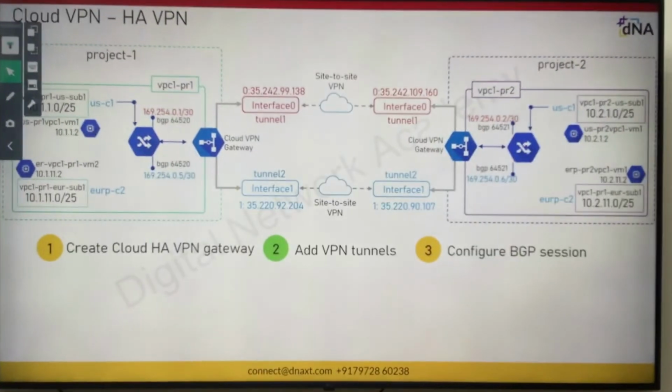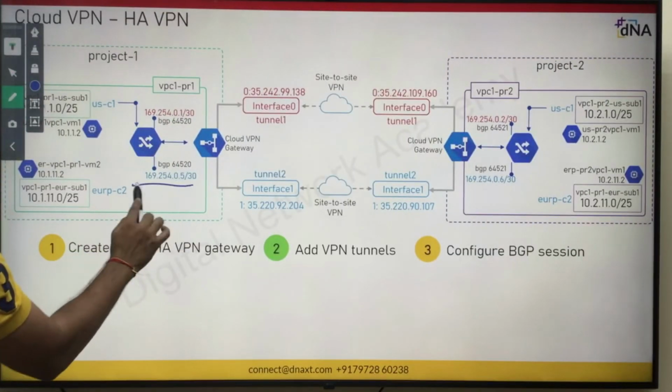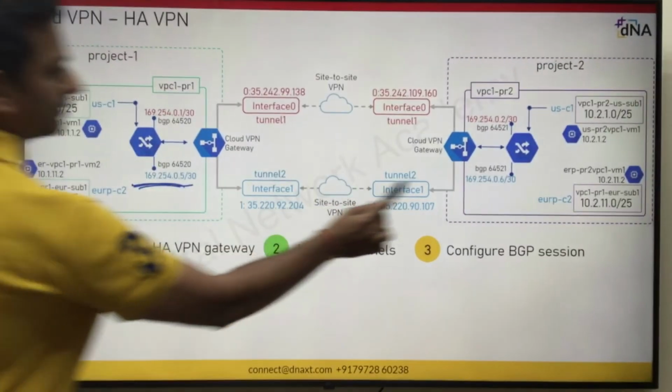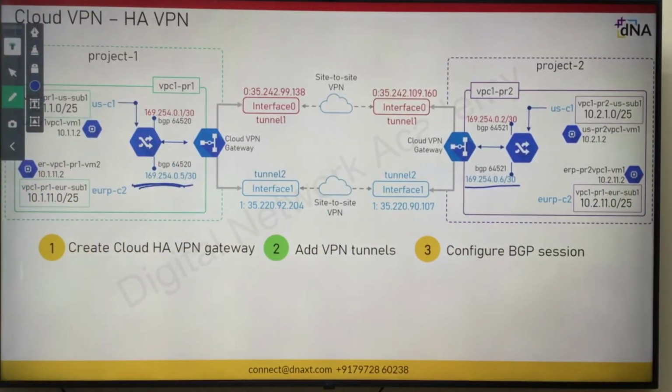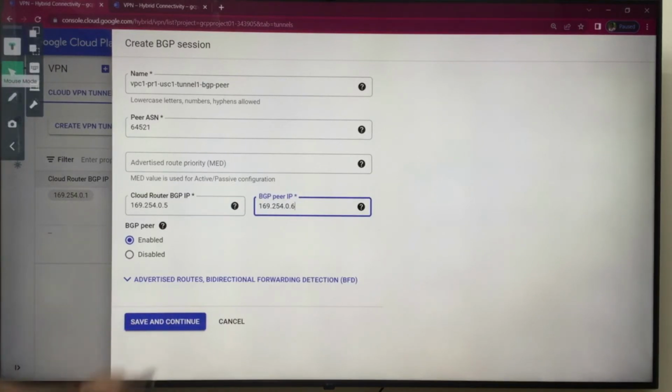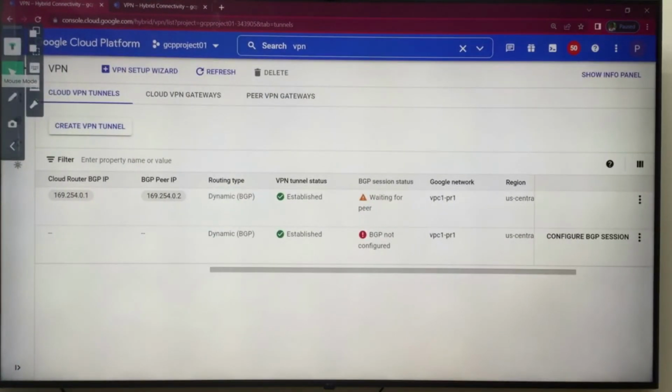Let's correct that. Yes, mine is 5, right here, and the peer is 0.6, 169.254.0.6. Go and save the configuration. Waiting for peer.